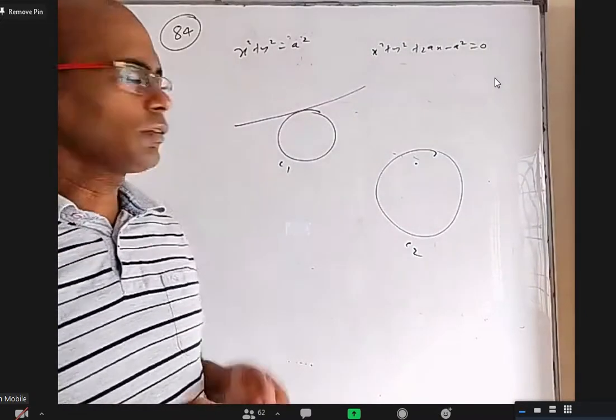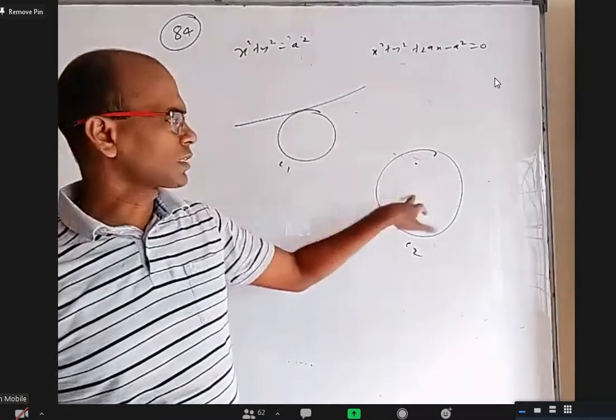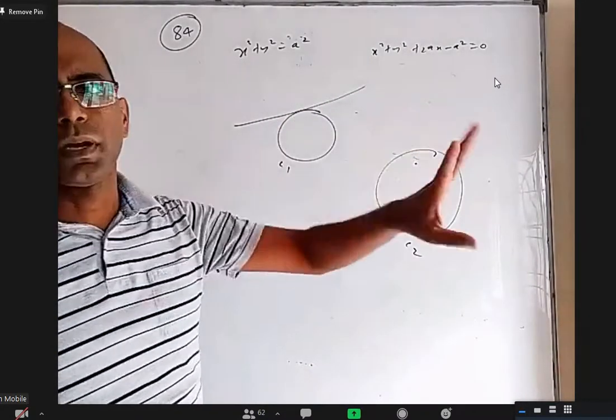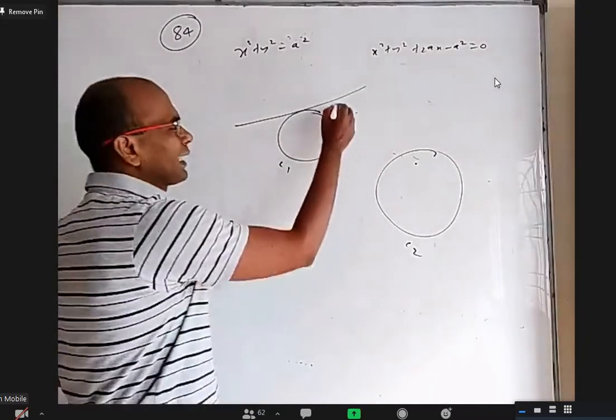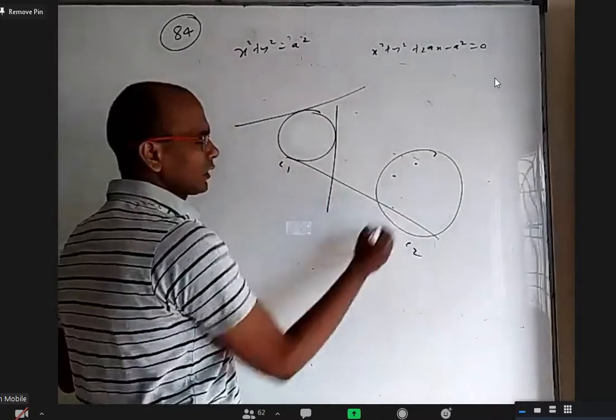Again, you don't have to ask what is pole. You take different points on this, find their chords of contact with this, and they'll be concurrent. But you don't have to worry. For this, there's a corresponding point called the pole. We take another tangent to the circle, it will have a pole. Take another tangent to the first circle, it will have a pole outside.